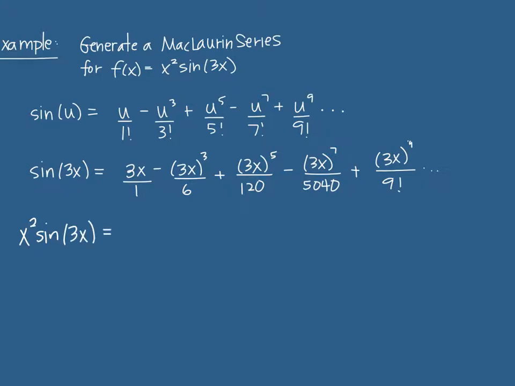would be 3x to the 3rd minus 27x to the 5th over 6. Wait,